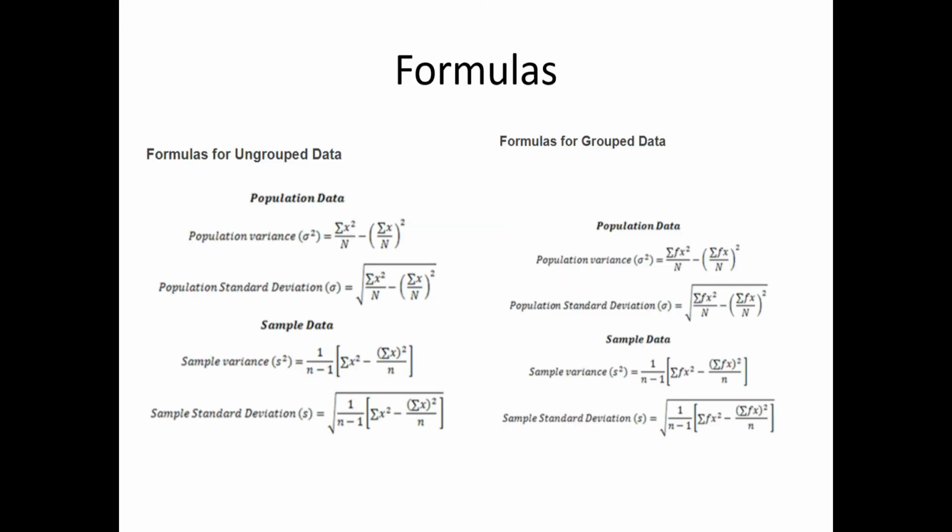And there are different formulas for finding the variance: for population data, population variance, this formula; population standard deviation, this formula; sample data; and for group data, where frequency comes in. So these are different formulas. Now nobody is using them. Now your Excel guru is sufficient. Excel can calculate all of this for you.